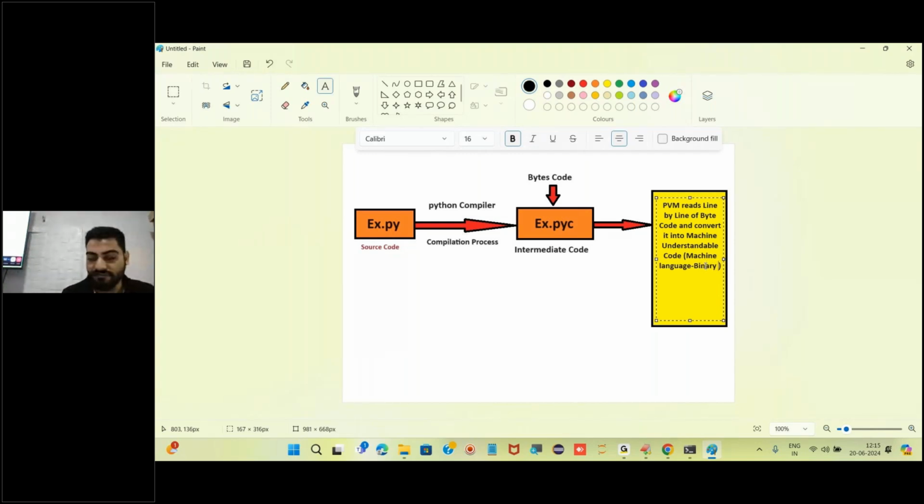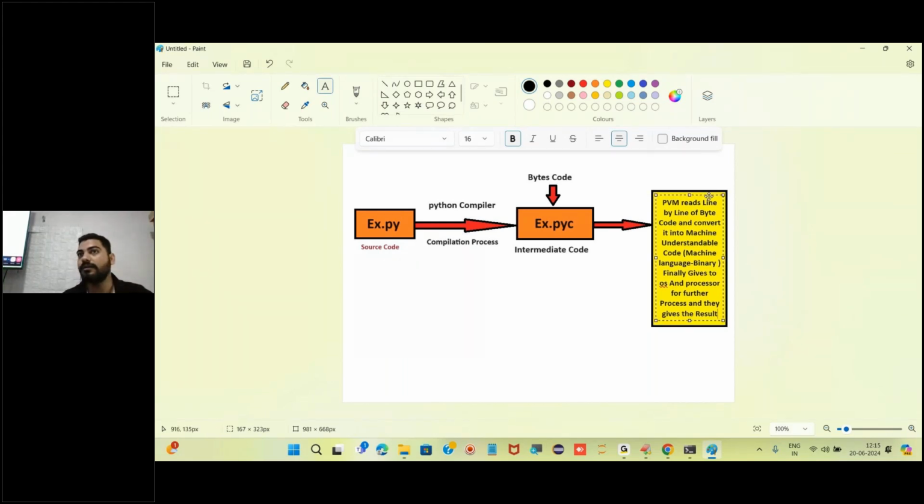Okay, and finally it gives it to the OS and processor for further processing, and they give the result. Who is giving the result?